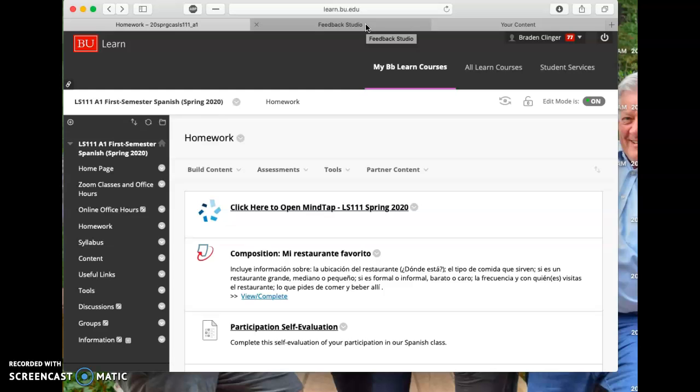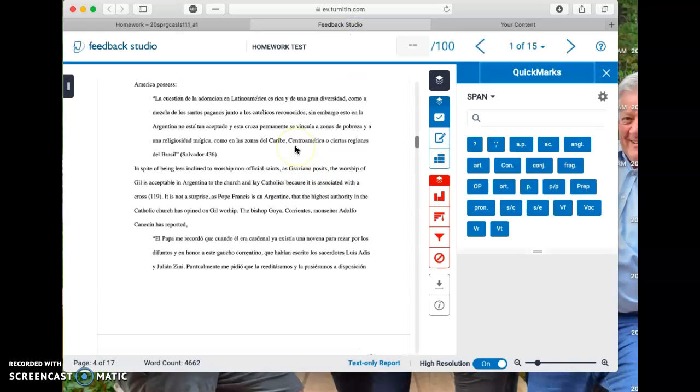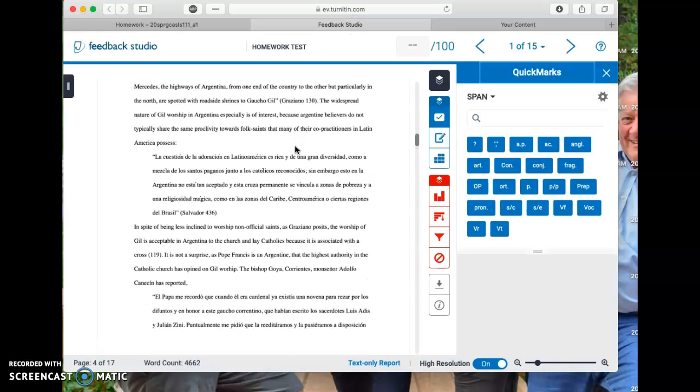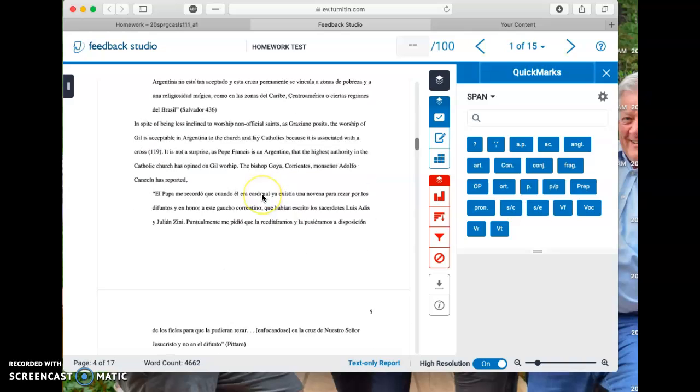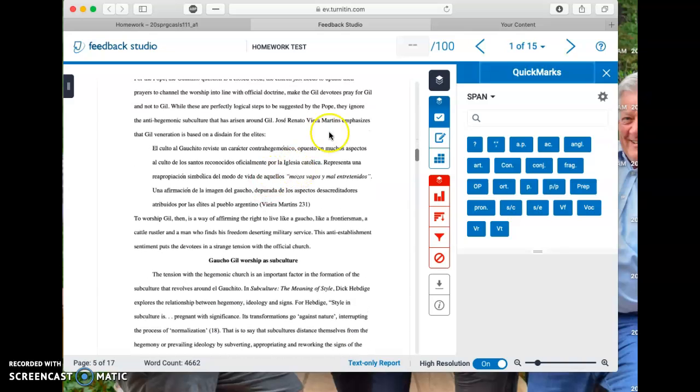So what it looks like after the student turns it in, I can grade it from a page that looks kind of like this. This is just one of my old assignments that I threw in there because I wanted to keep my students'